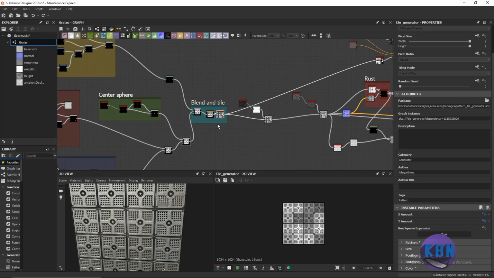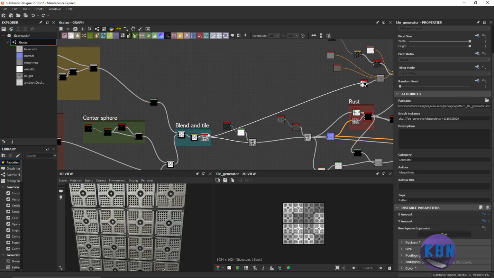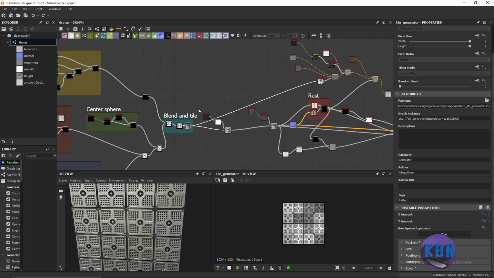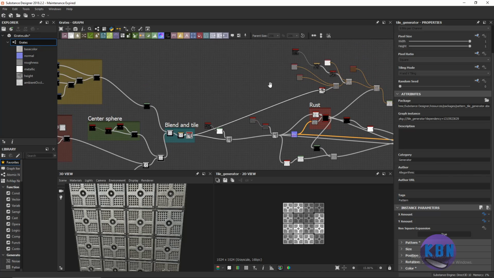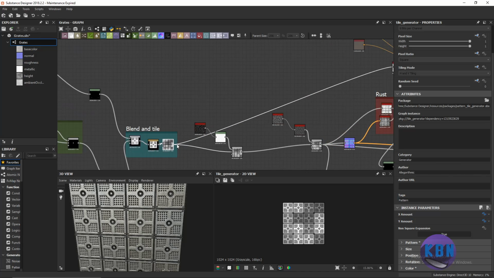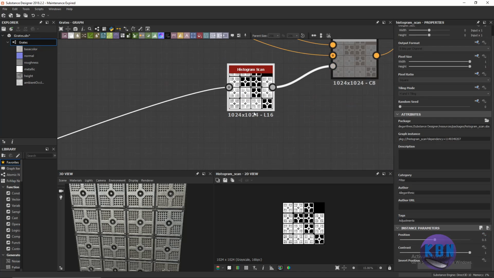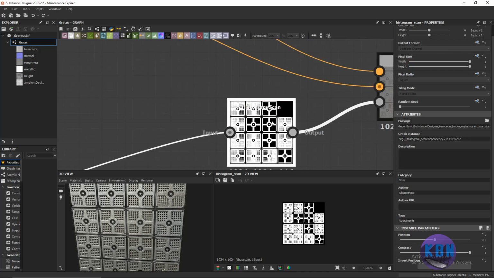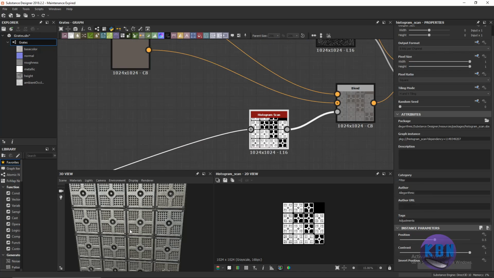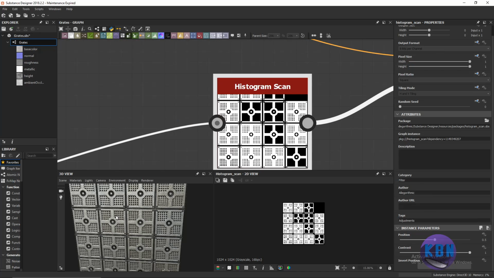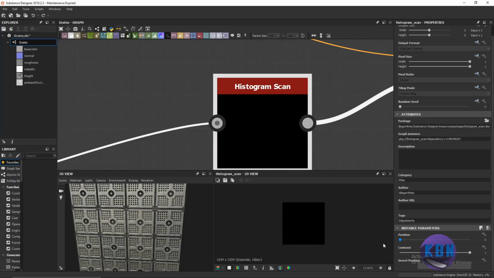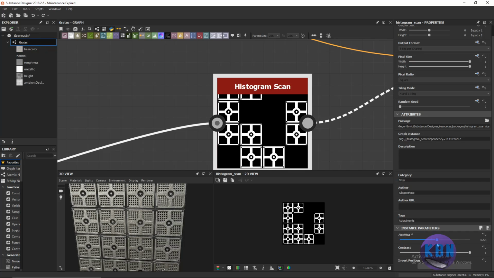But basically, technically, we are done here. You can keep this as a final. The rest is basically me adding more variance. So I use this right here to create a color. For color, I added a histogram scan. Now, as you can see, it changed whatever changed here. If I tweak the histogram scan here, nothing gets affected. But the more I add,